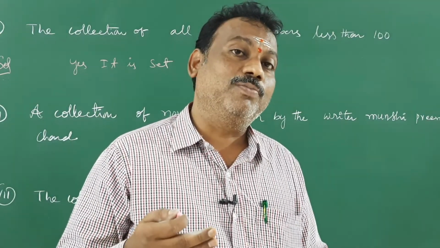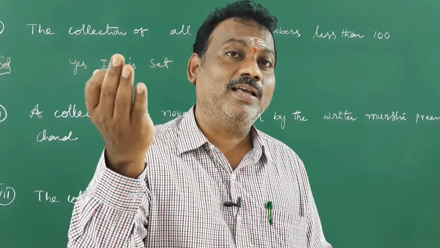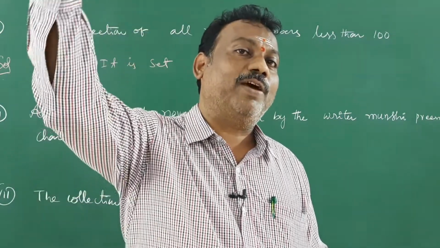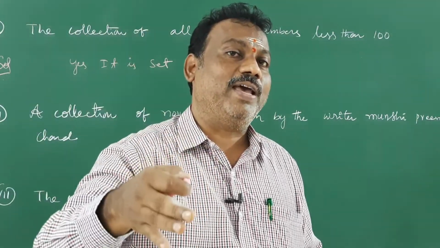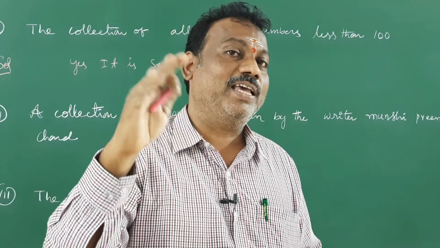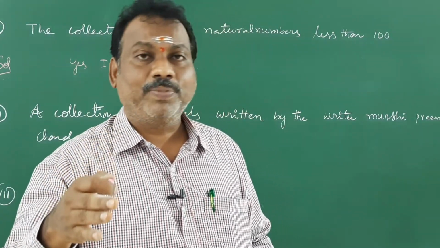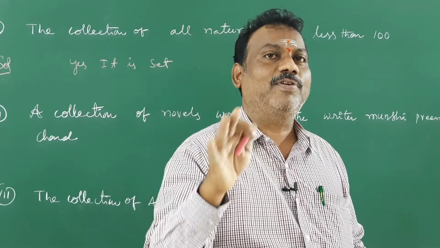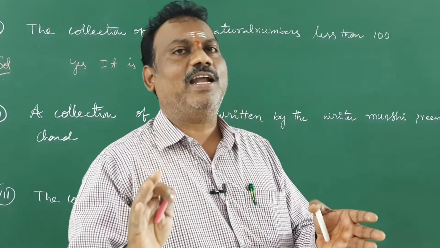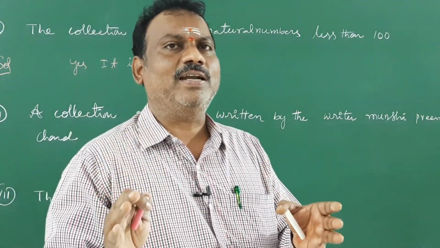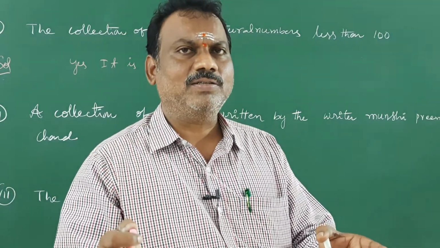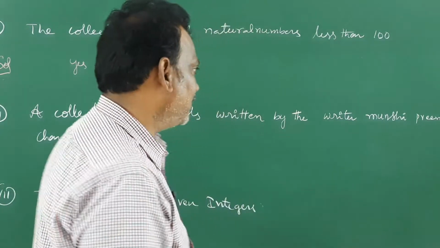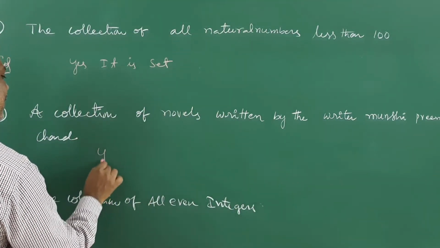Suppose Munshi Premchand is a famous writer. We cannot say whether he is famous, or whether any other famous writer exists other than him. That's why that is not well defined. You cannot say that he is a famous writer or a good writer, or a talented writer. Such kind of words are usually not well defined. So they are just asking what novels are present, Munshi Premchand's novels. That will be considered as one set. Yes, it is well defined. That's why it is a set. So yes, it is a set.